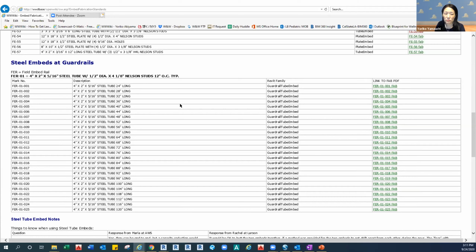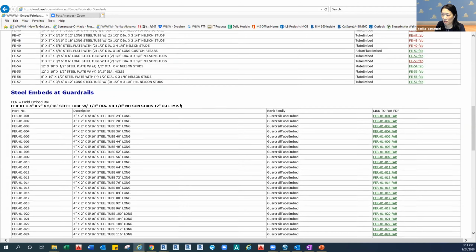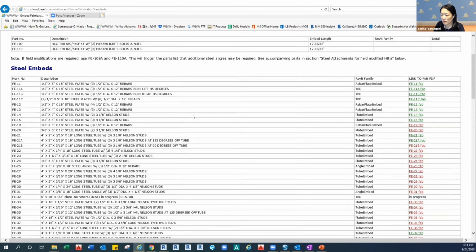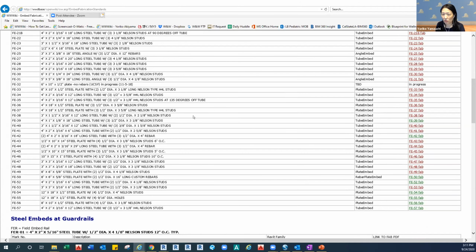So 74 is the total. And if you have any new embed, this is the place you go to first. Make sure you have it already. If you don't, then there's another process. We have to create a new one. Okay, but I'm going to cover the new embed process later. But let's do the embed catalog first.